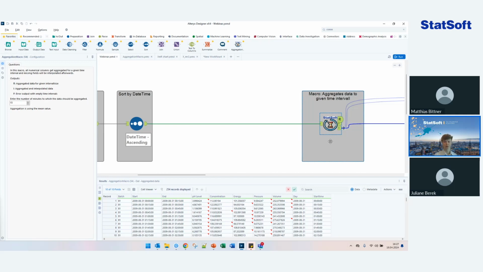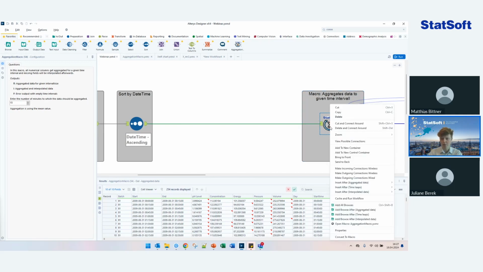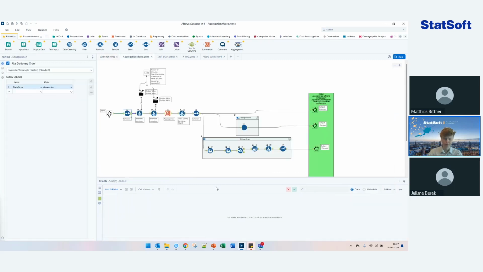It might be a little bit confusing, the word macro, because it means something totally different in other software. But when I right-click on it and open the macro, it opens up, and you can see it's a workflow like we saw before. So a macro is basically a workflow within a tool,